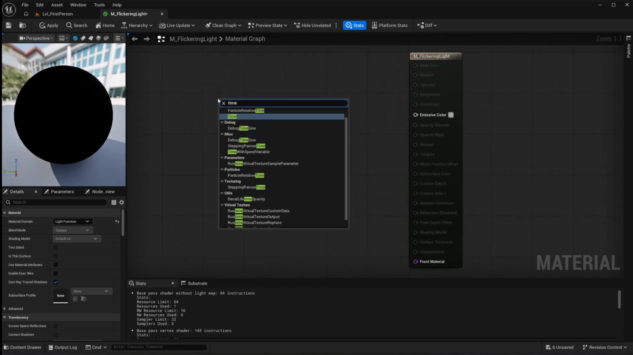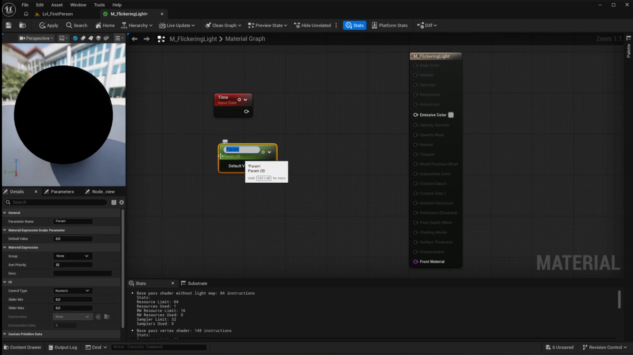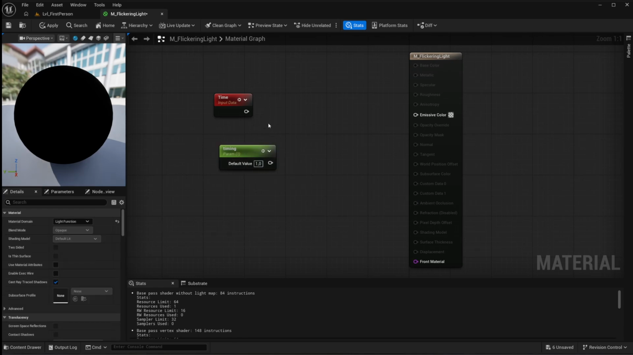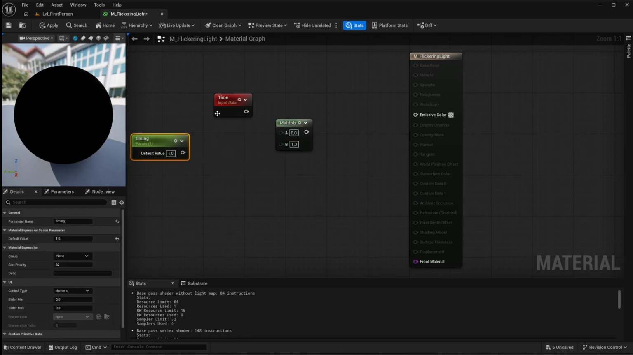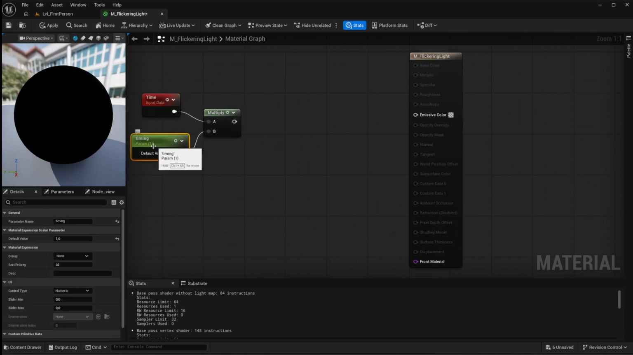Right click and add a time node. And also S click, let's add a parameter so we can later on change this in engine. And let's name this timing, for example. Default value here can be 1 to start out with. Let's multiply those two, M click to add a multiply node, so our time and our timing parameter will be